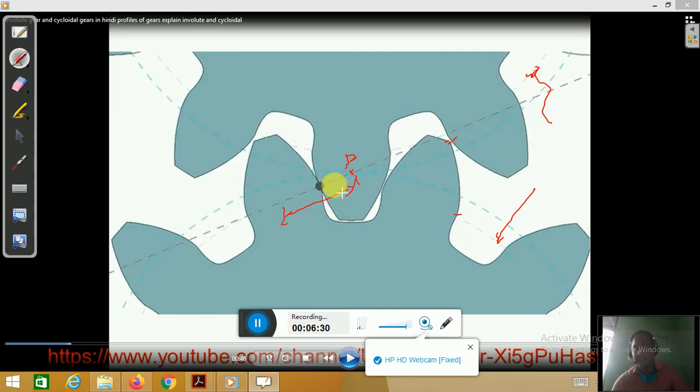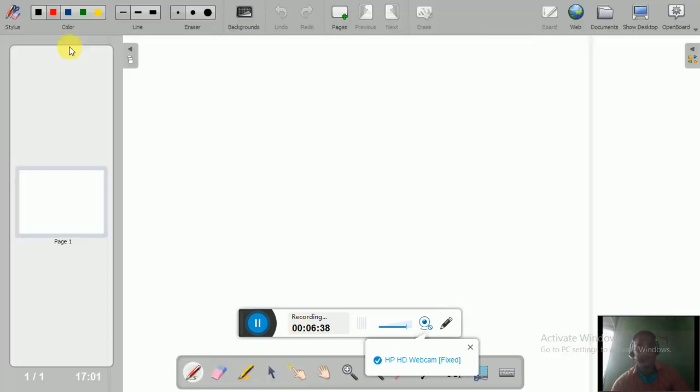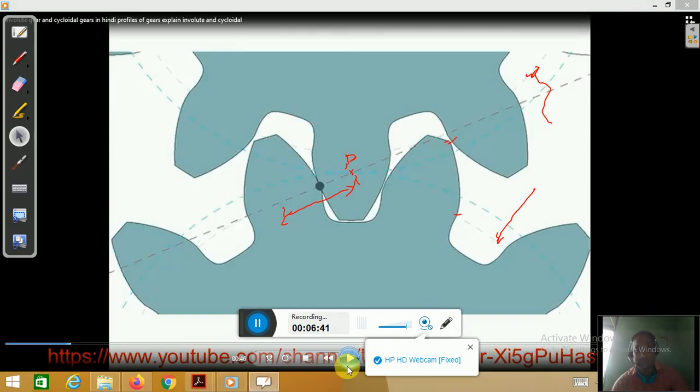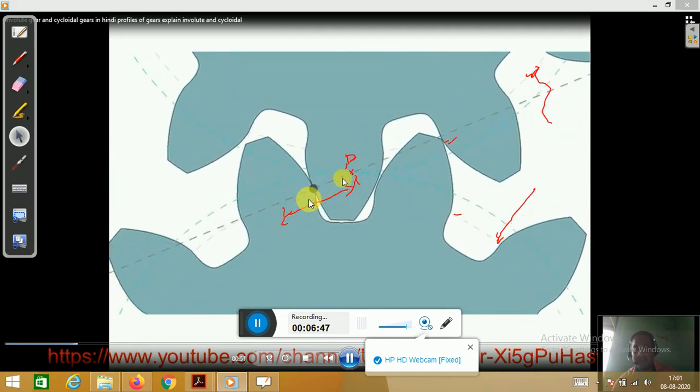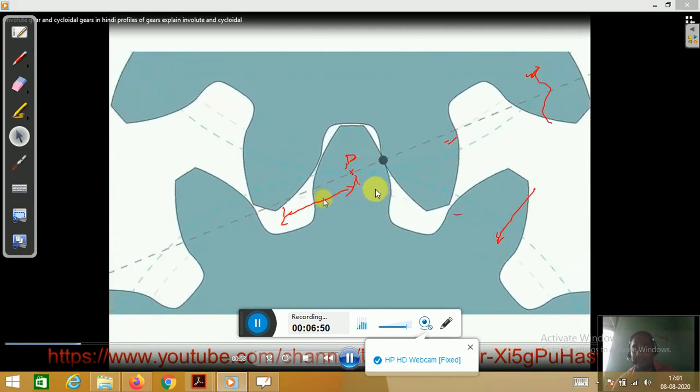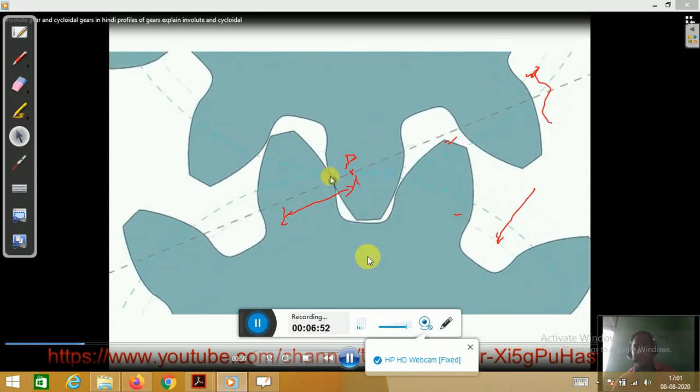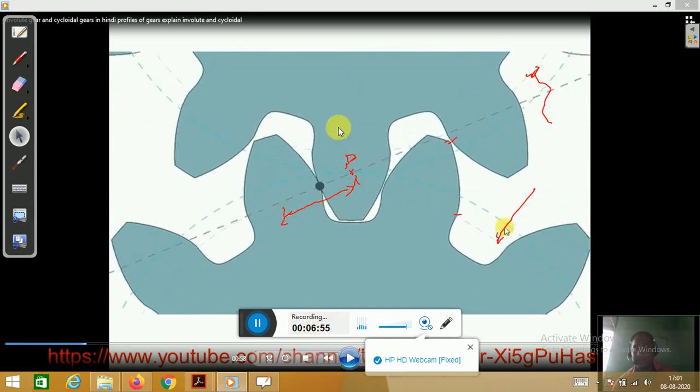Now one more concept comes here, very important: you can observe there is no connection or point of contact between this particular fillet and any part of the upper gear. I will show you this video again. You can observe this point of contact never happens in the fillet area of any gear, top gear or lower gear. The part which is below the involute profile never makes contact. So the meaning is that only the involute part is in contact with the involute part.